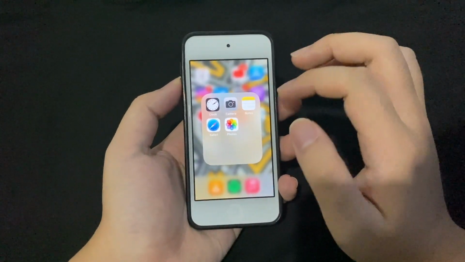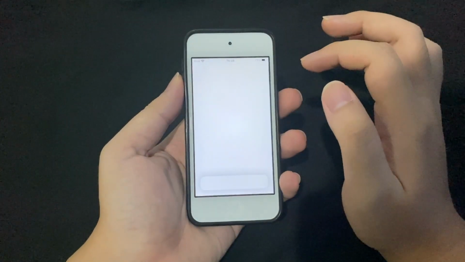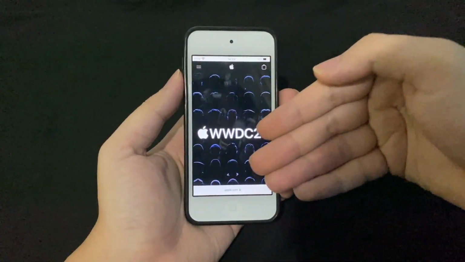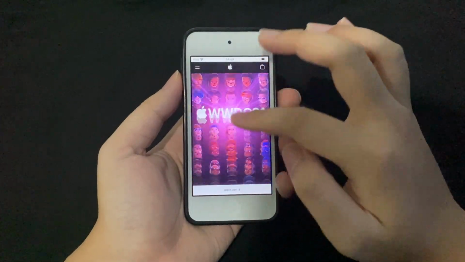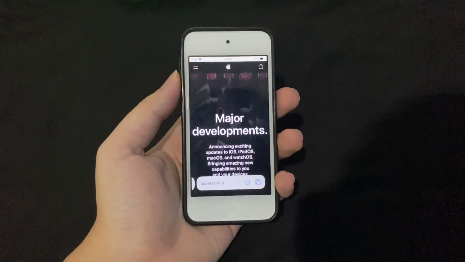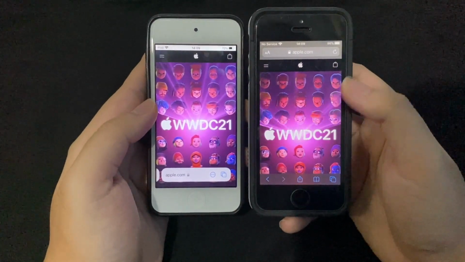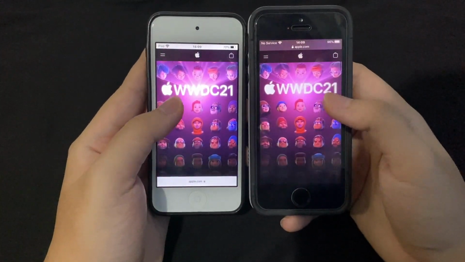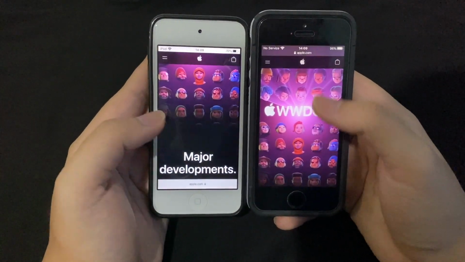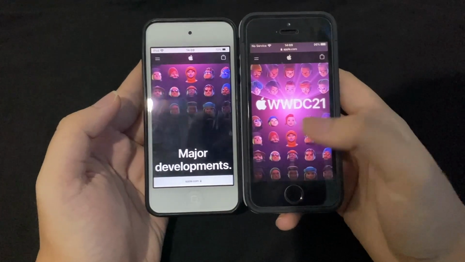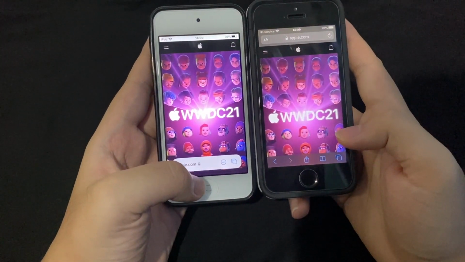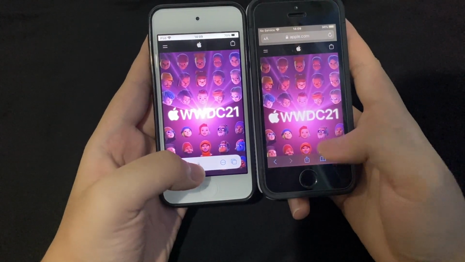And the next thing that's new, which is pretty big, is Safari. Now when we open up Safari, you will see something that's definitely different. The address bar is now down here, and everything is much more full screen. Let me compare to iOS 13 here. Okay, so this is what we got since basically iOS 7. We scroll down, all the tabs and all that will go away. It would just streamline like that, but now they moved it from the top of the status bar to down here. And now everything is much more streamlined,